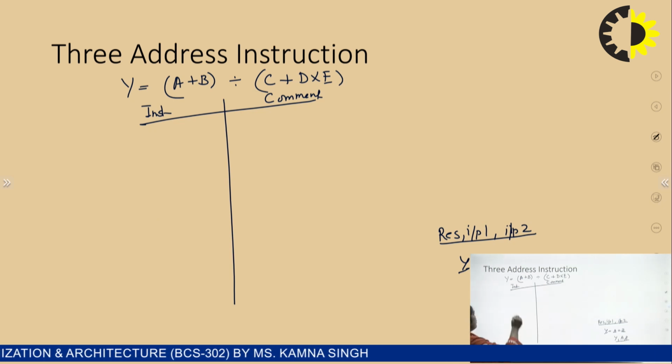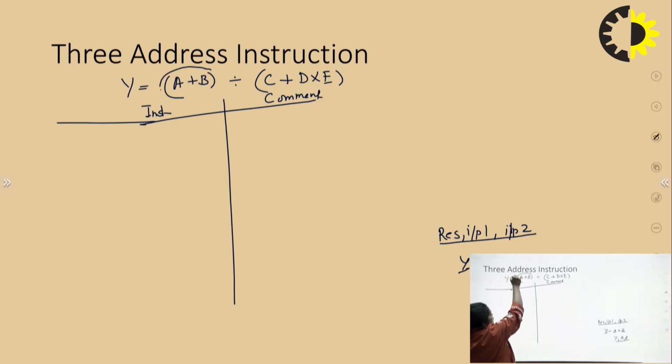So first of all, when you are going to write the instruction, as in the comment, that is first. Now this A plus B we can store in the R1 register. So what is the opcode here? The opcode is plus. Plus means add, so you have to write it as ADD R1, where the result is going to be stored.